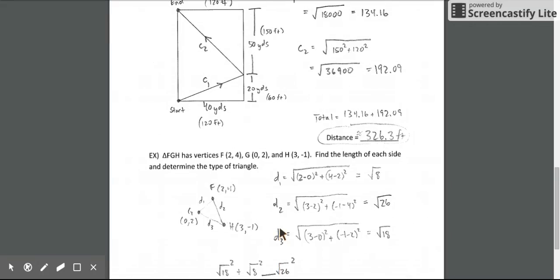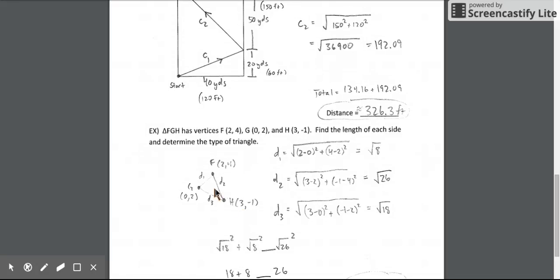All right, one more example. This time we are told that we have 3 coordinates, or 3 points on a coordinate plane. And if we connect those 3 points, we get triangle FGH. We want to figure out what type of triangle this is. So if we could sketch out our triangle and have an idea of what we need in our diagram in order to help us solve this problem,